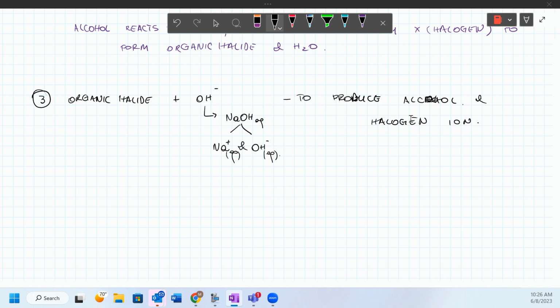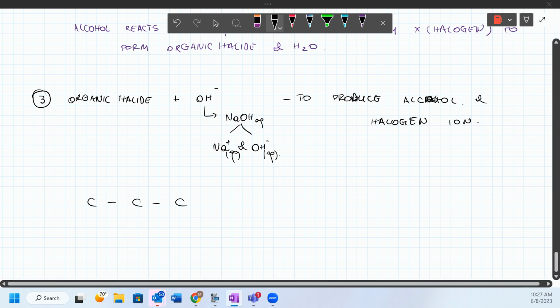So if it starts with a negative charge, then on the product you cannot have a positive charge or a neutral. The same charge that you have as a total for the reactants, you should have it for the products as well. So let's suppose that we have something like this. 1-bromopropane